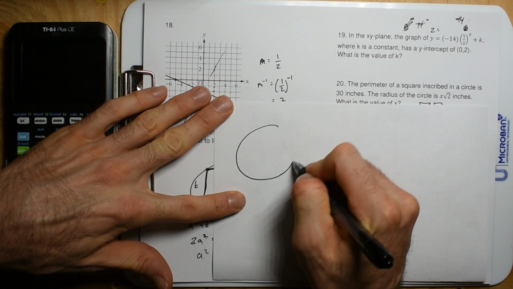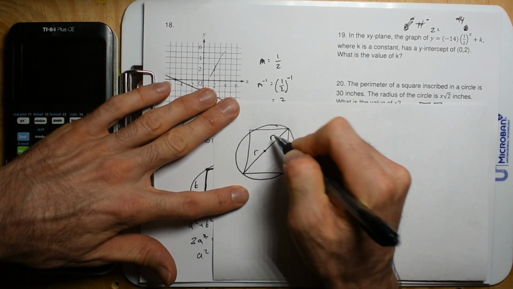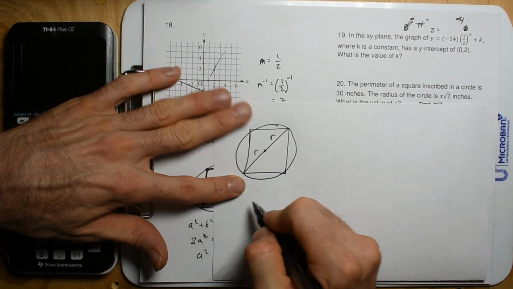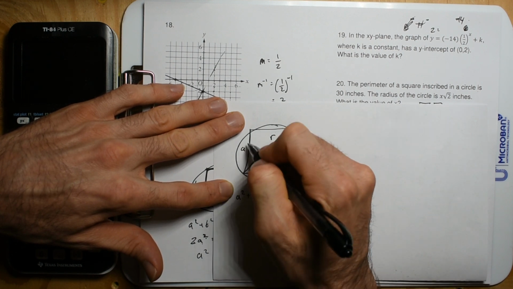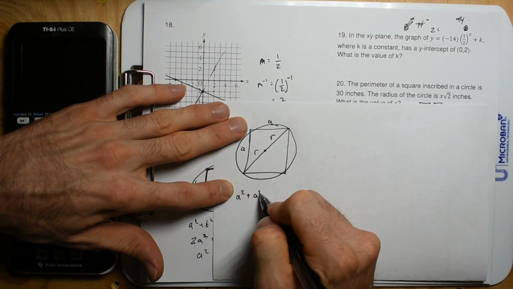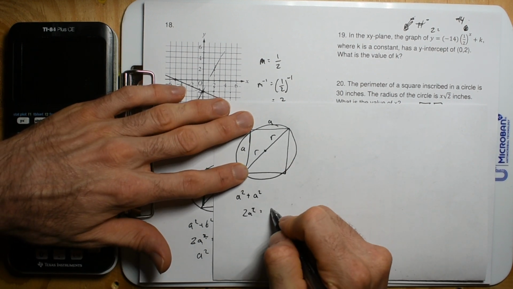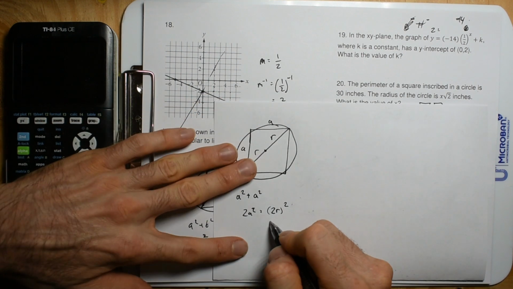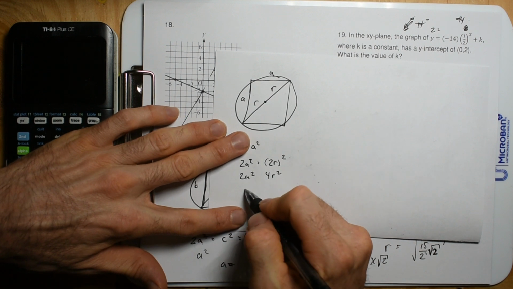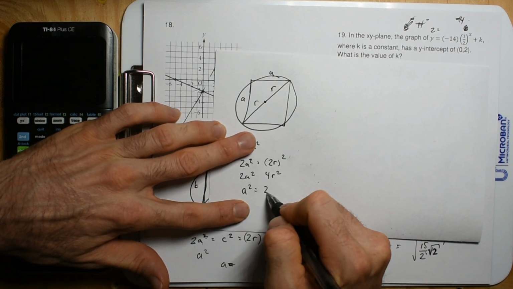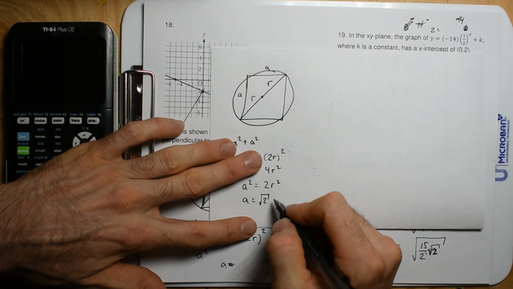So we're going to take this circle, inscribe the square, say that this is the radius, so we have 2 of those. We know that a squared plus a squared, where we call this a, that's going to be 2a squared, equal to 2 times the radius squared. So this is 4r squared, and then 2a squared. Okay, so a squared is equal to 2r squared, and then a is the square root of 2, and then